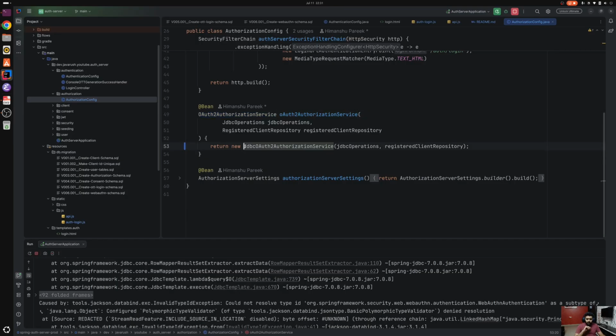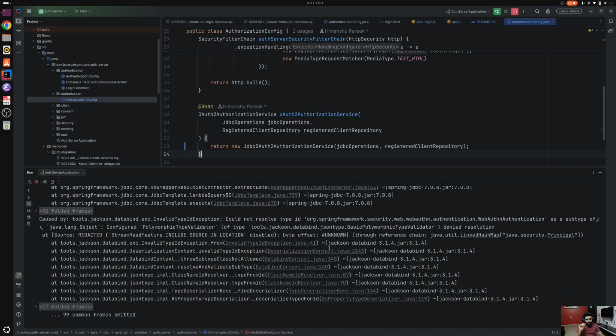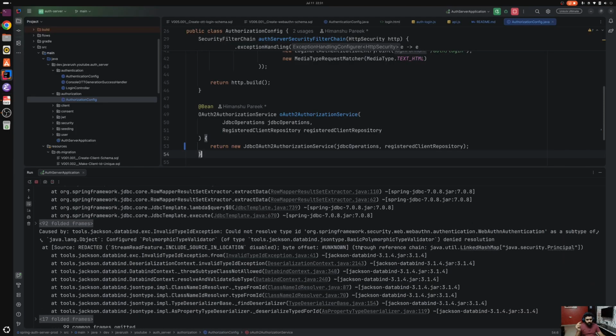Here, when we use JDBC authorization service, by default, Spring Security includes some modules and some allow list, but it does not include anything related to WebAuthn. So whenever some user is logged in using WebAuthn, the error is this only. Okay, we were able to serialize it, but whenever we need to read it,